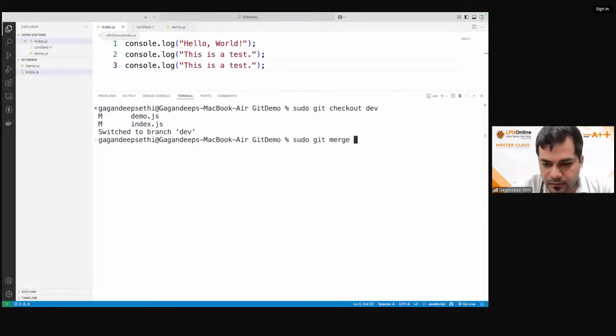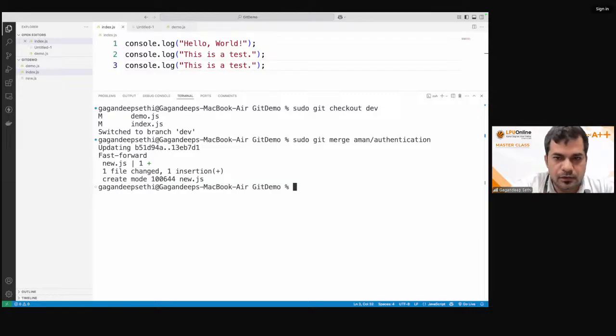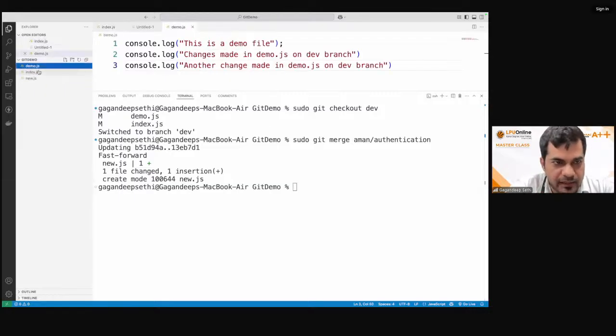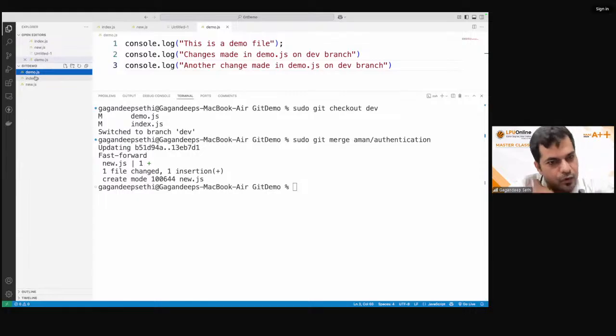Which branch did we create? Sorry, aman slash authentication. So when we merge, you may see that the index file is back on the dev area where we are making